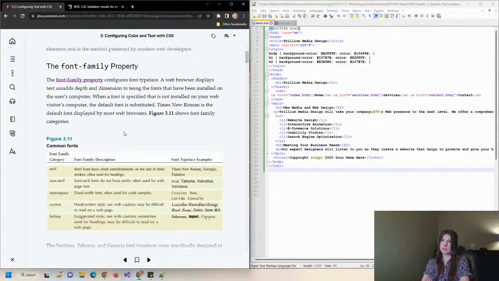When a font is specified that is not installed on your web visitor's computer, the default font is substituted. Times New Roman is the default font displayed by most web browsers. Figure 3.1 shows font family categories. So we have